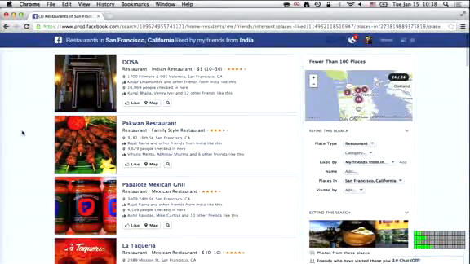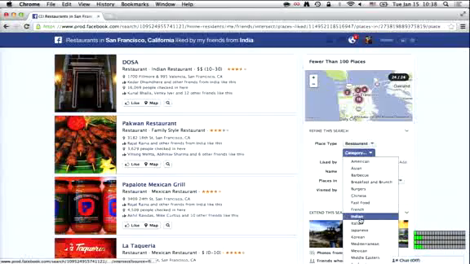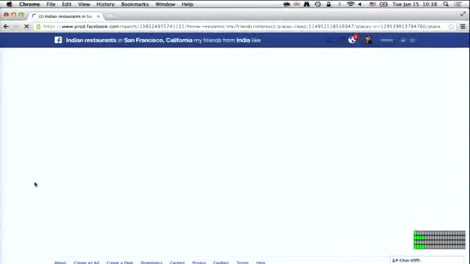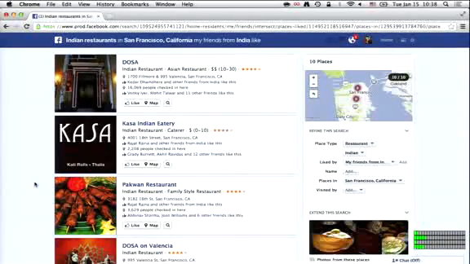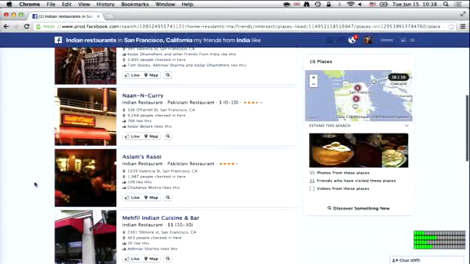And in fact, if I wanted specifically an Indian restaurant liked by my friends from India, I can ask for that as well. I could type it into the box up there, or I can go like Tom was showing before and use the tools on the right, just click Indian here for category, and now I've narrowed it down just to Indian restaurants liked by my friends from India. This top one here, Dosa, I've actually been there. It's a really nice place. But you can see I won't get tired of looking at Indian places for a while.